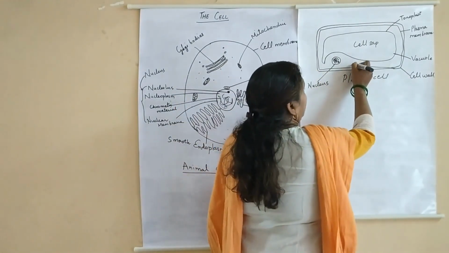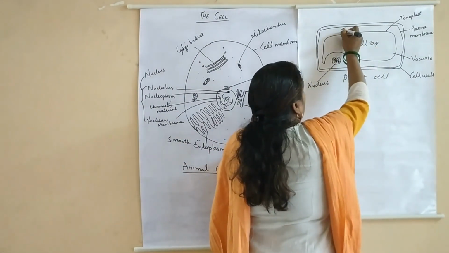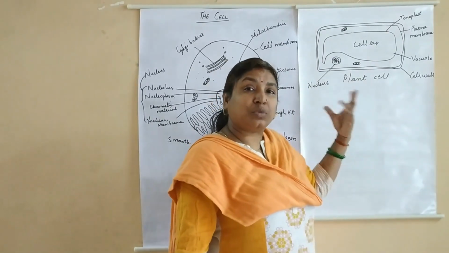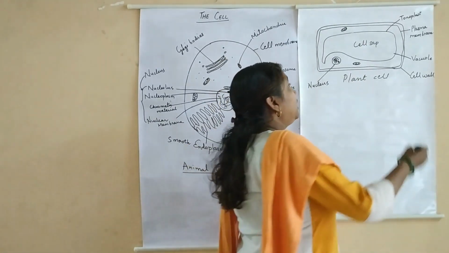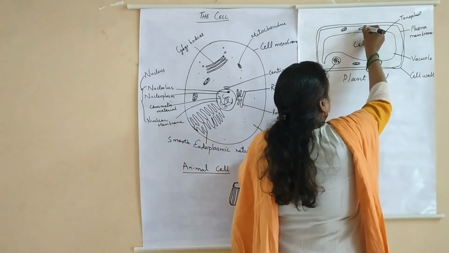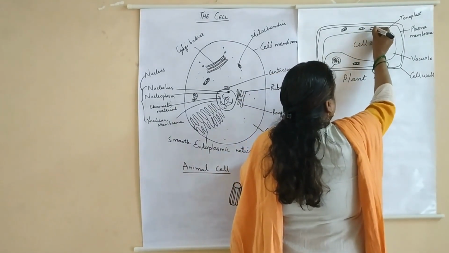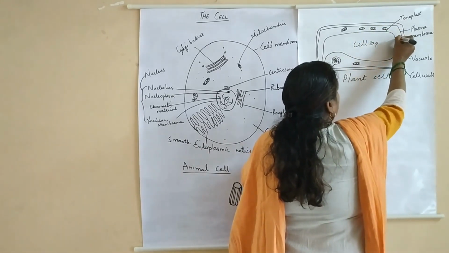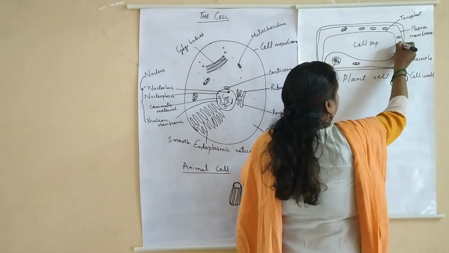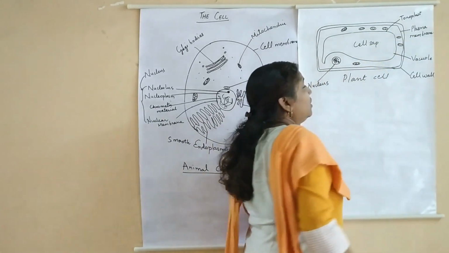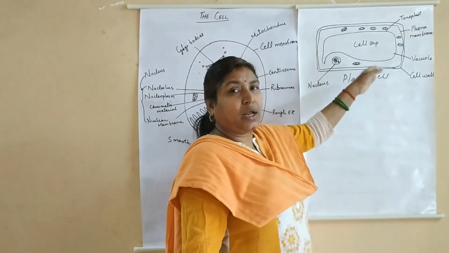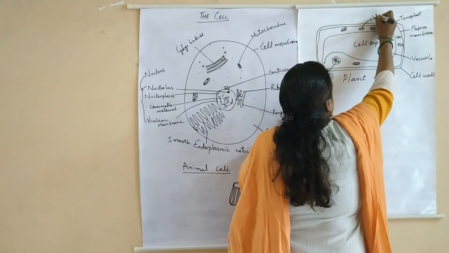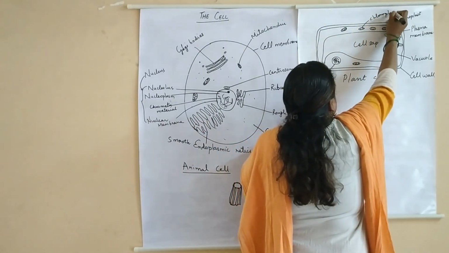Apart from that, we have mitochondria for carrying out respiration. But since plants do not carry out so much physical activity, mitochondria are fewer. Instead, there is the chloroplast. This is another cell organelle which is present only in plant cells. These are known as plastids. This is your chloroplast.